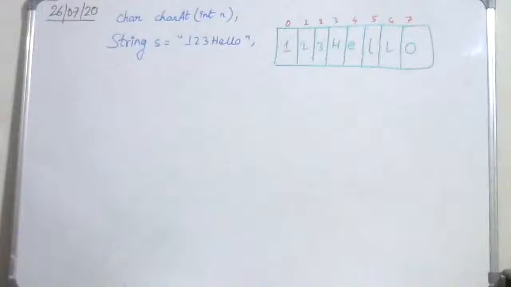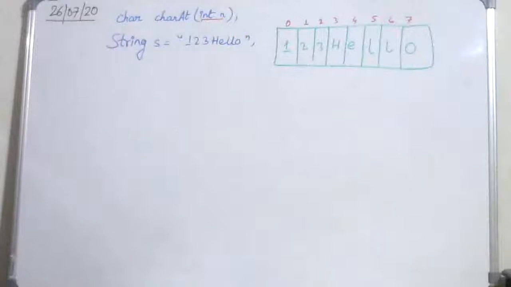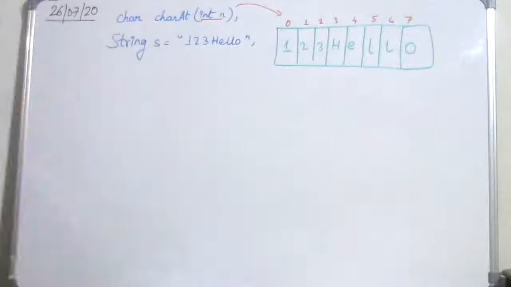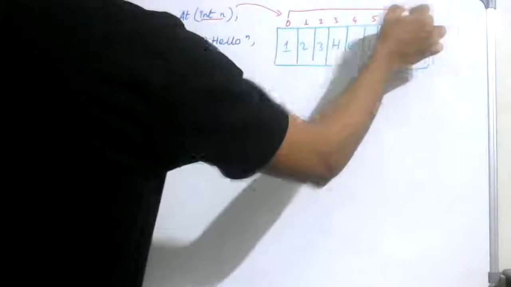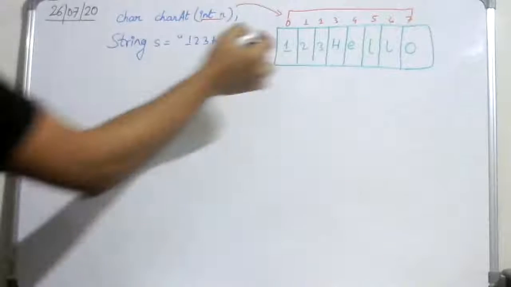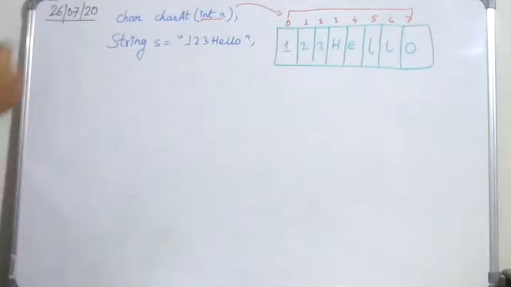Now remember this argument that the charAt function is taking. It is an integer value. This integer value corresponds to these values, or rather the index values. So these index values are basically fed as an argument to the charAt function, and depending on the value that I am giving to charAt, it will retrieve the character at that position and return it to me. So that is why it has a return type of char.